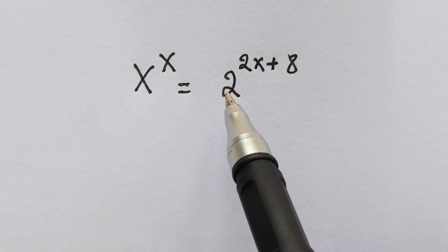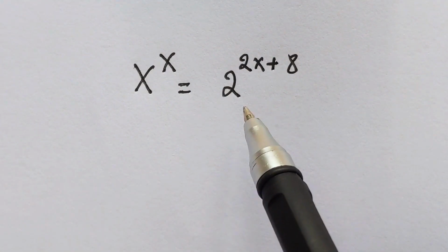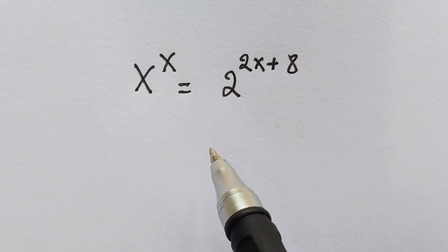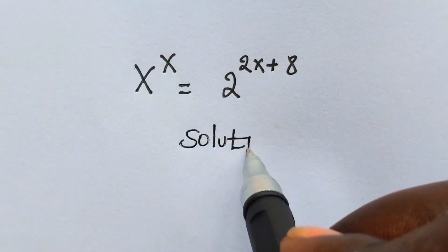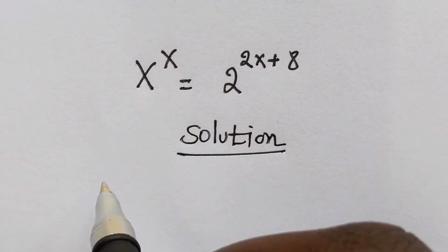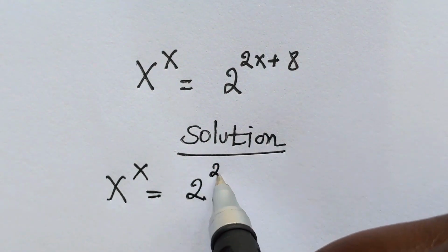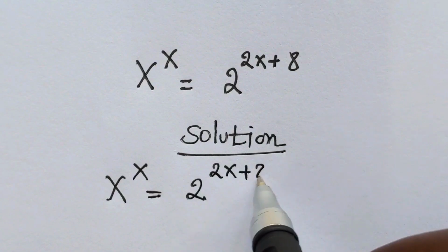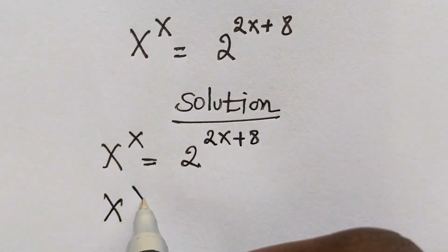x power x equals 2 power 2x plus 8. You're supposed to find the value of x. Let's provide a solution very quickly by copying what we have. We have x power x equals 2 power 2x plus 8, and here we have x power x equals